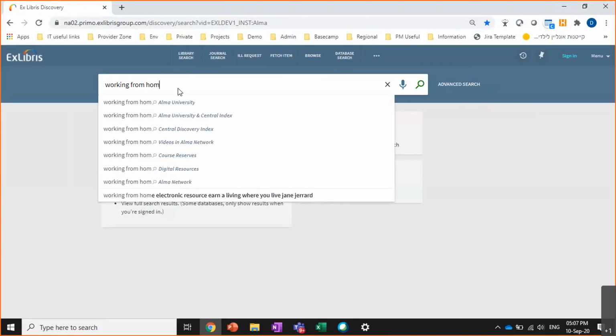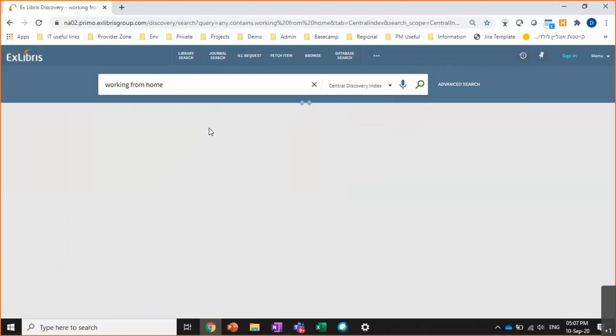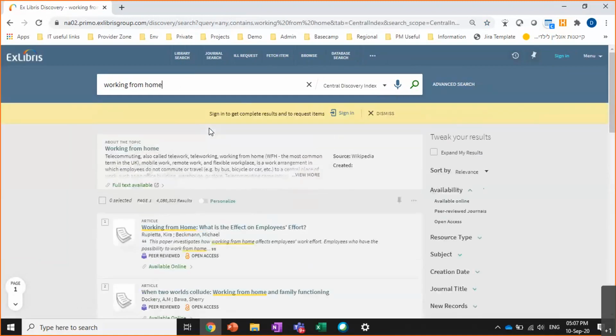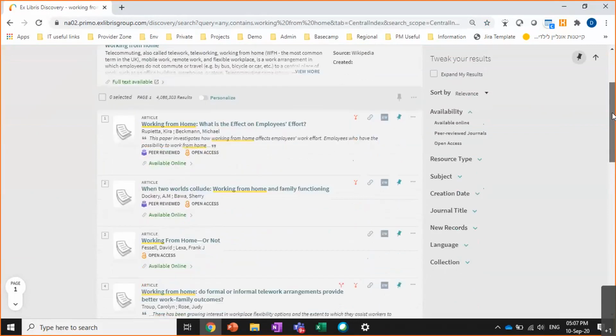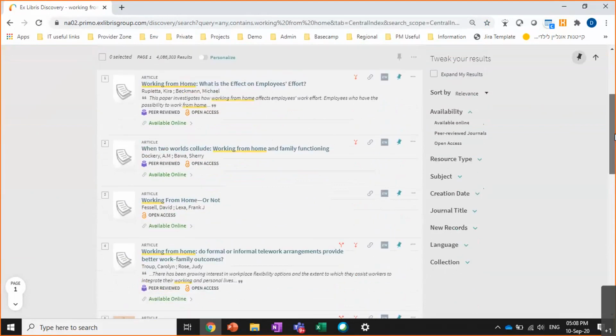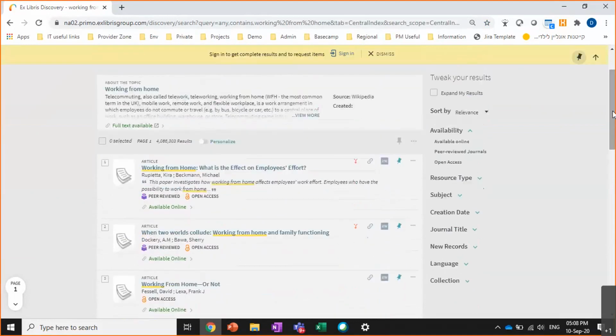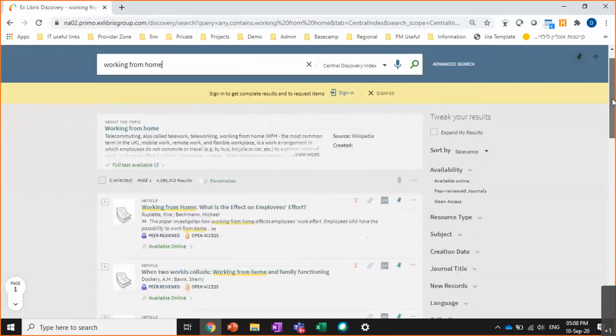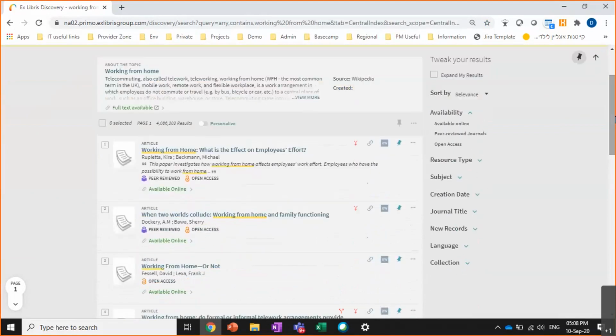I'm going to search for working from home in the Central Discovery Index through Primo Discovery. I get various results for articles, books, and book chapters. There are a lot of resource types available through the Central Discovery Index. When I searched, I'm automatically presented with all of the content that the library has online access to. For every resource, there's an indication here: available online.